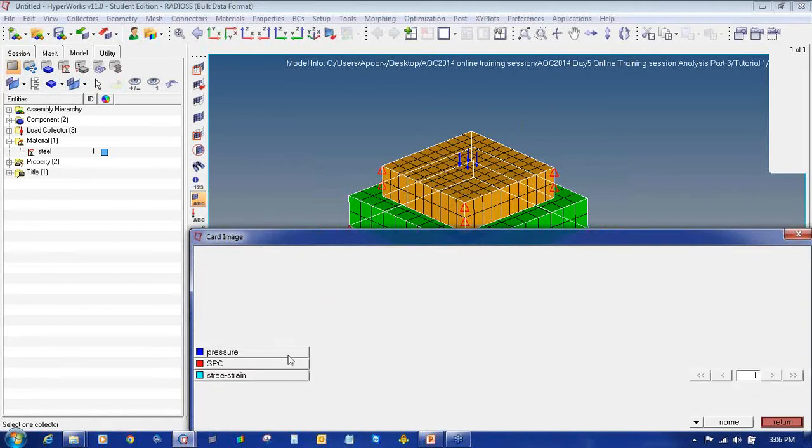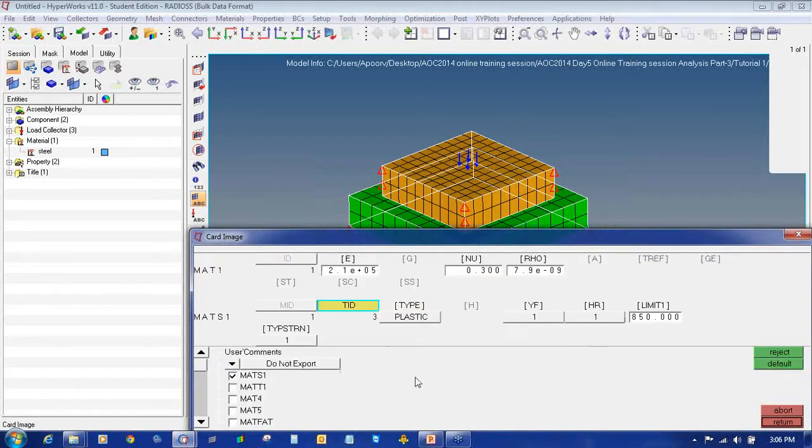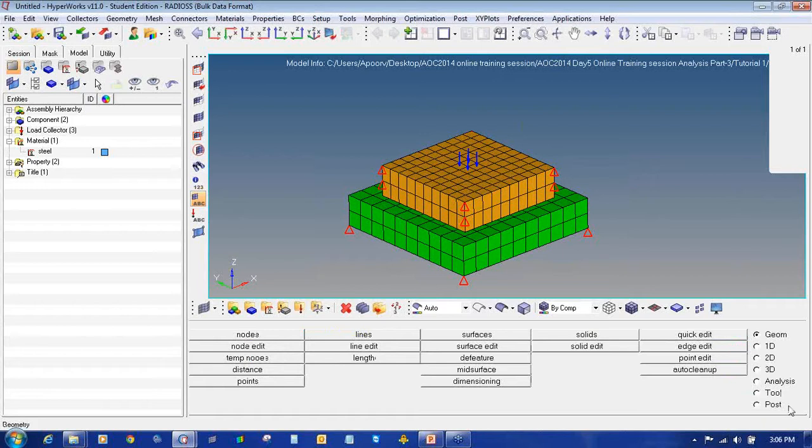Then click on TID and select stress strain, that is the table ID. Select this table. Keep all the other parameters as they are and click return. Again click return to exit the material panel.